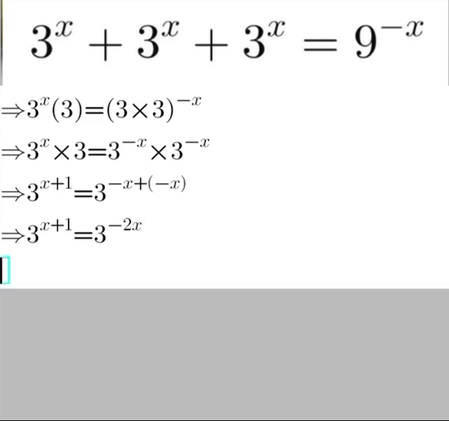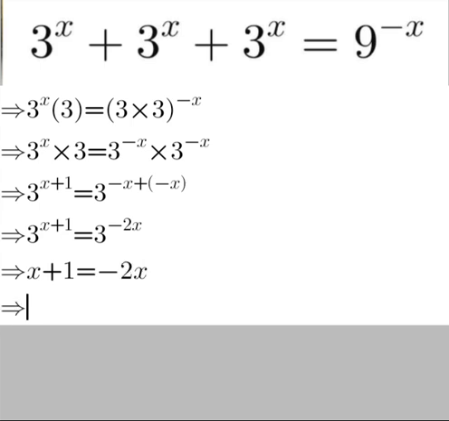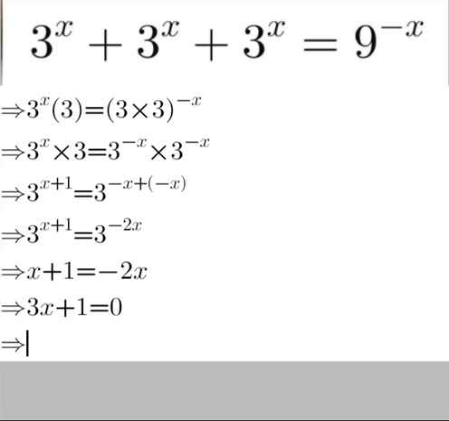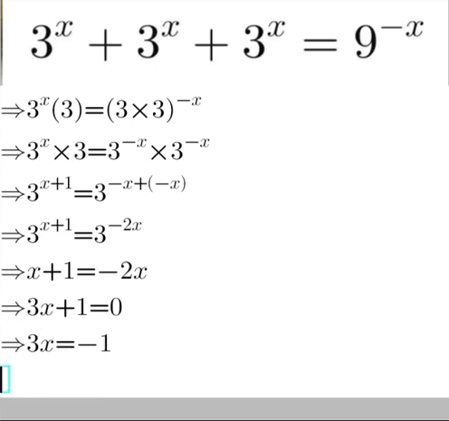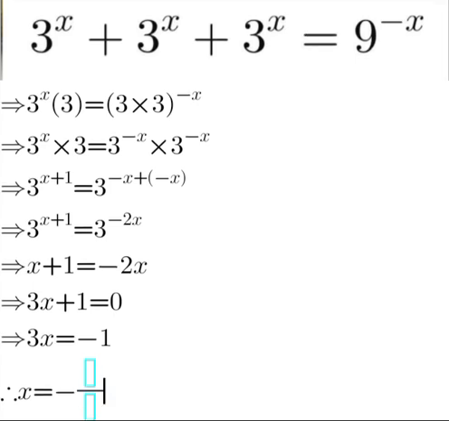Equating both equations, equating the power, we are going to be left with x plus 1 is equal to minus 2x. Now we add 2x to both sides, so we are going to be left with 3x plus 1 is equal to 0. Since we are looking for the value of x, we take plus 1 to the other side, so it is going to be equal to minus 1. So therefore, x is going to be equal to minus